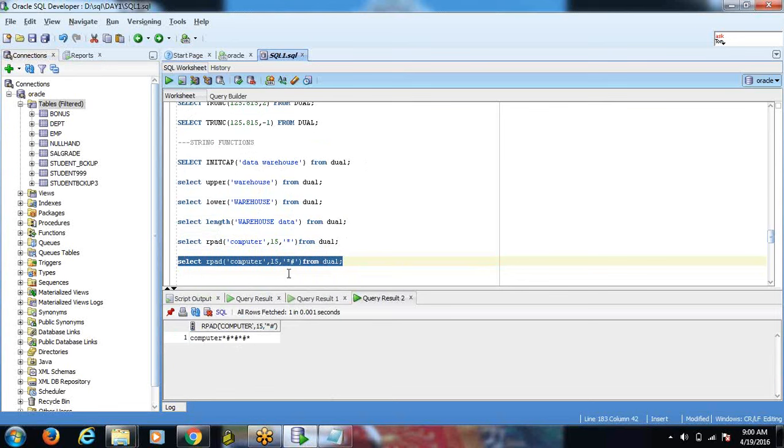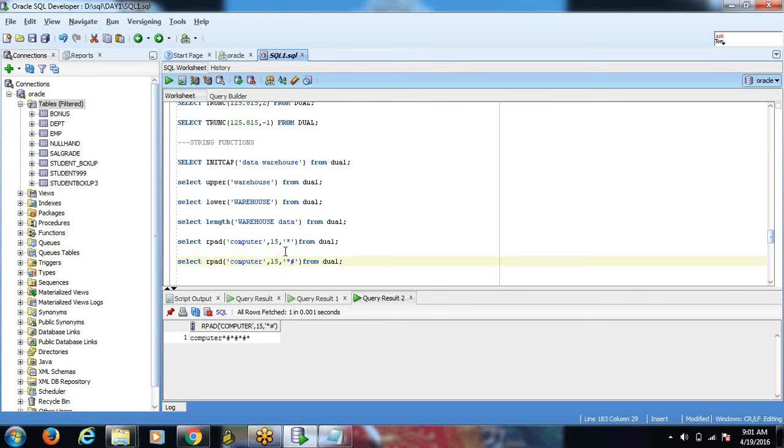What is that one? Star. Okay, that means the computer is 9. 9 plus how much equals 15? Sorry, 8 plus 7, right? It is 8 characters and the remaining characters are 7, that is 2, 3, 6 plus, and the extra character is asterisk. It is retrieving the asterisk character. Okay?